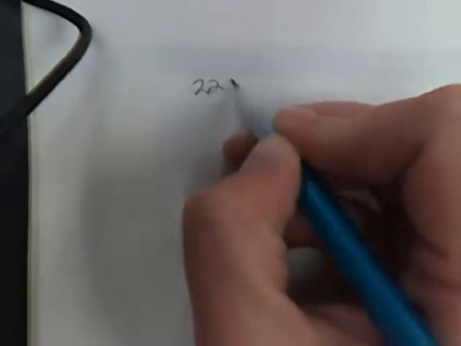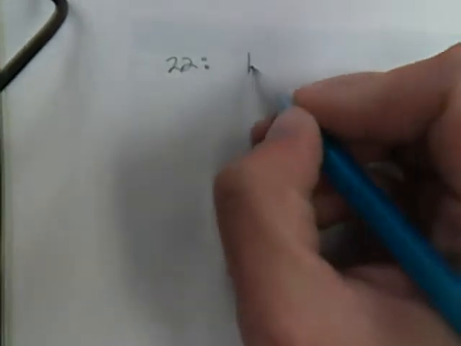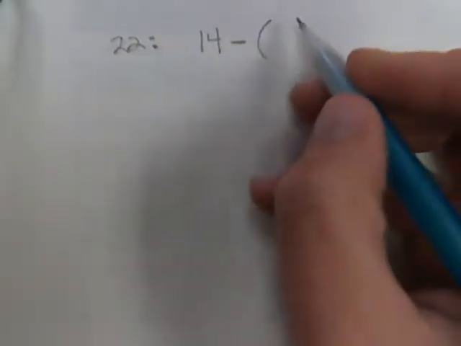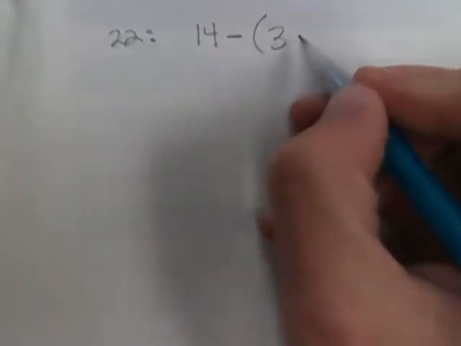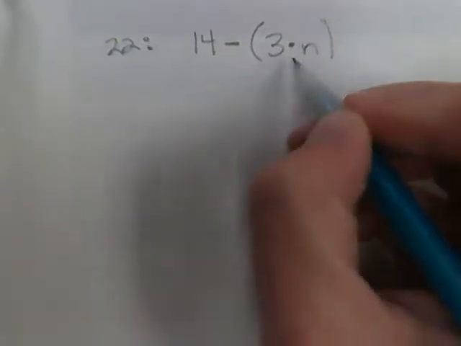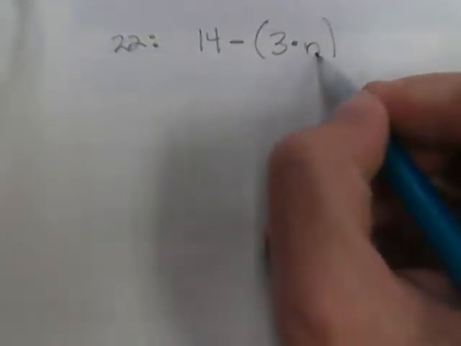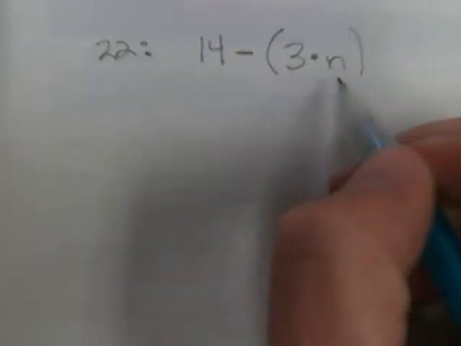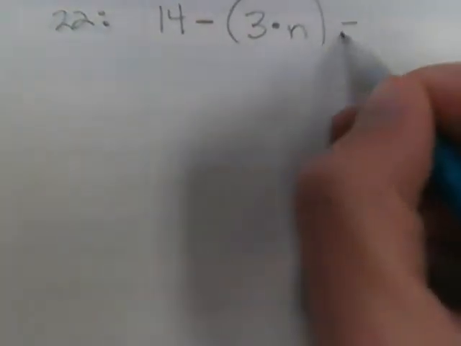So for number 22, we'll have 14 minus the product of. Anytime I hear the product of, the sum of, the difference of, that's kind of like a big statement, so that tells me to use parentheses. The product of, product means multiplication, 3 and a number. So I'm multiplying 3 times a number, and I get to pick what I want to call that number, whether it's N or J or S, that's your choice. Then it says is, so that means equals